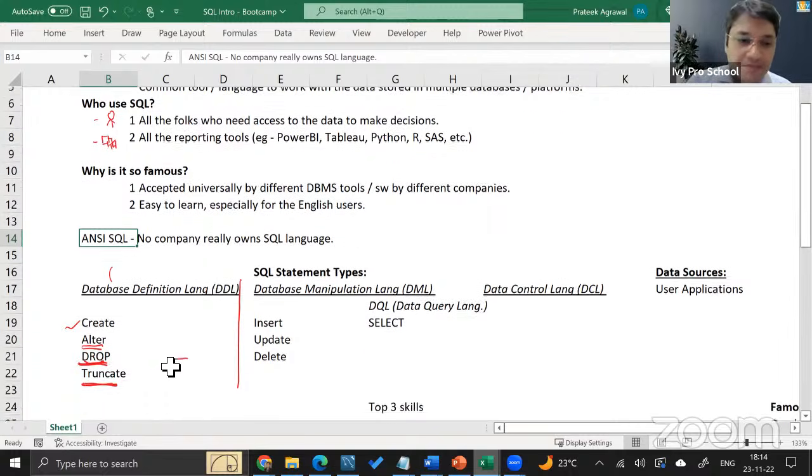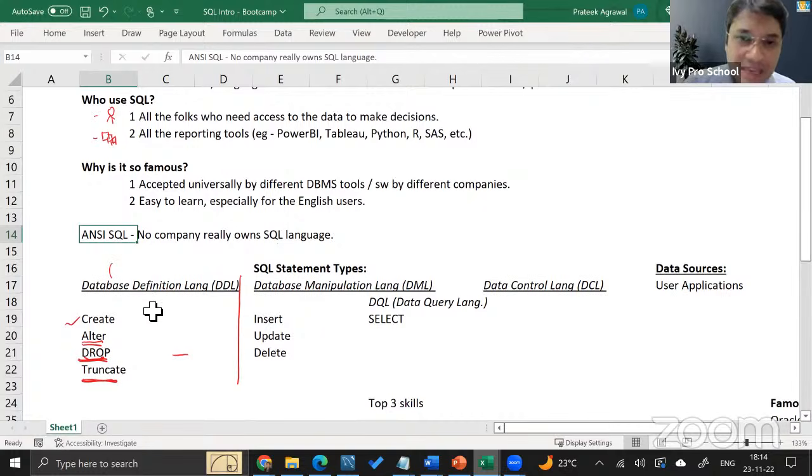Under data definition language statements, we will see that these cover those commands in SQL which will help you design the entire database and alter the design as well. We'll definitely see create. I don't think we'll have enough time to see all of them, but we'll definitely see a few of them. You will get a very good idea of how we design a database, how we create a database, how we create a table in that database, and so forth.